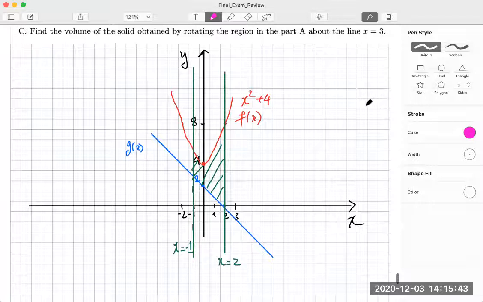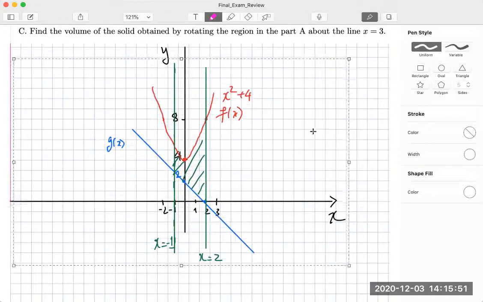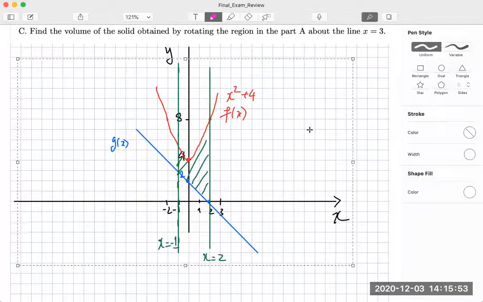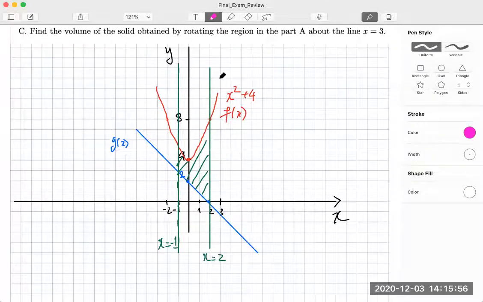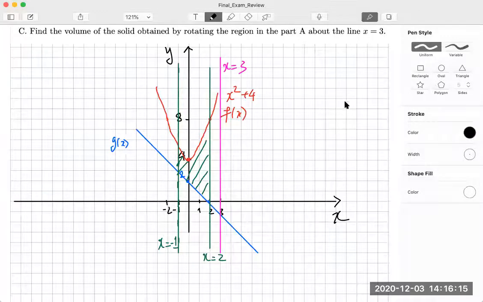Oh, it's not a good case. Let me rearrange it a little bit. Yeah, better. Okay, x equals 3 is this line here. So if it is rotated about this axis,